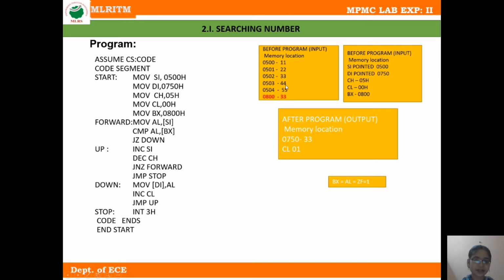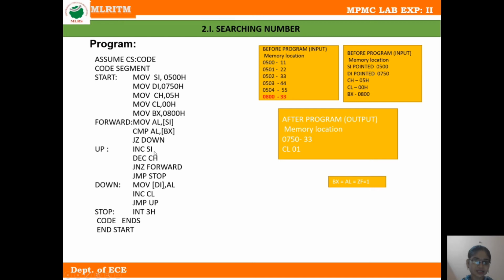Here the content 44 is moved into the AL register and in the next instruction this 44 is compared with 33. So again the result is non-zero, so the jump if 0 instruction is not followed and the program comes to the next instruction, which is increment SI.